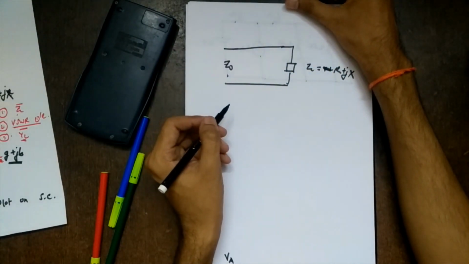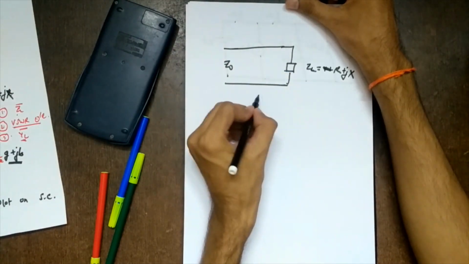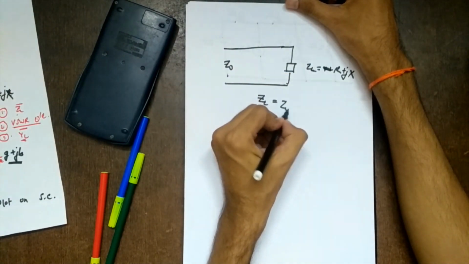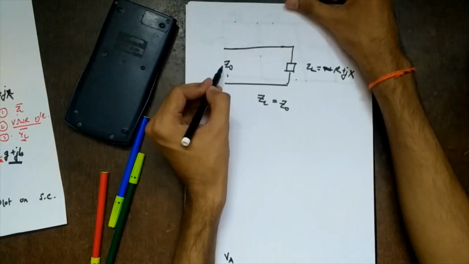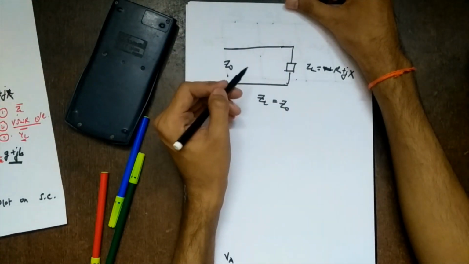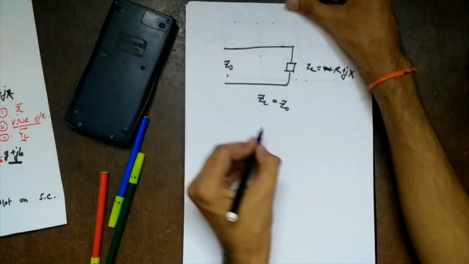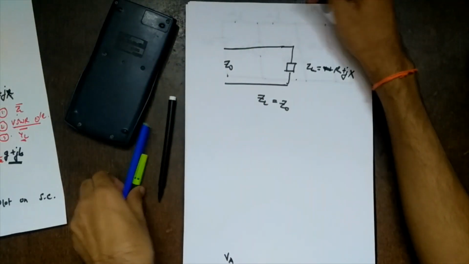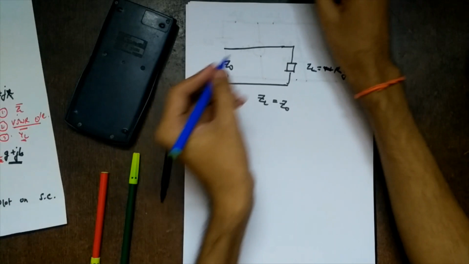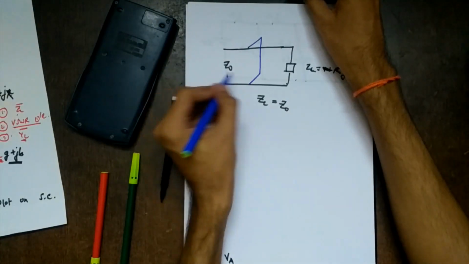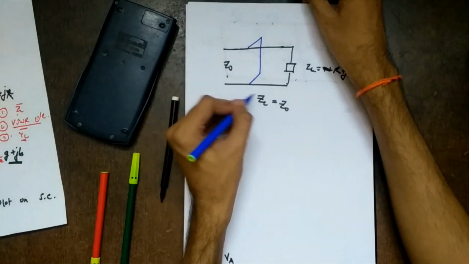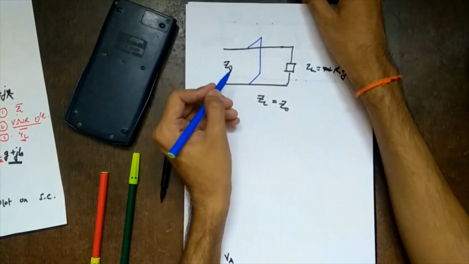Right? So what was our aim? To match this ZL to be equal to Z0, assuming it is not matched now. So ZL equal to Z0 we have to do. So we have to design some impedance matching network. How do we design that impedance matching network? We introduce a stub in between and we have connected it in parallel. If you want, we can connect in series. That we'll see in the next lecture.